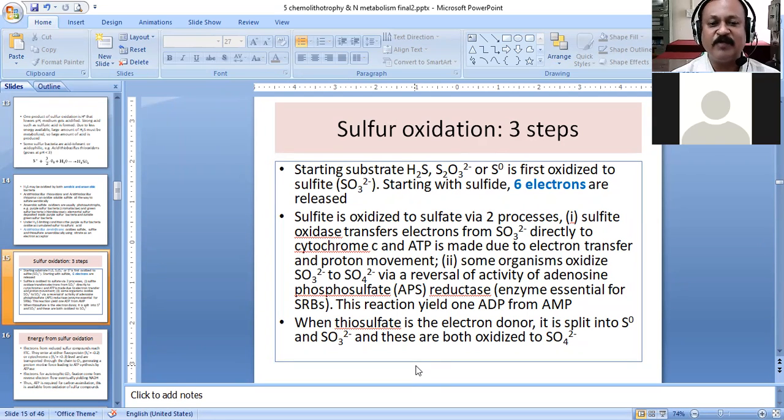In fact, what we are studying here is a very small part of the various types of different reactions. Different organisms are able to carry out different kinds of metabolic reactions. From the examination point of view, we are trying to understand only a few very important kinds of reactions. That is to say, we have a very huge diversity in microorganisms. Diverse organisms can carry out different kinds of metabolic activities.